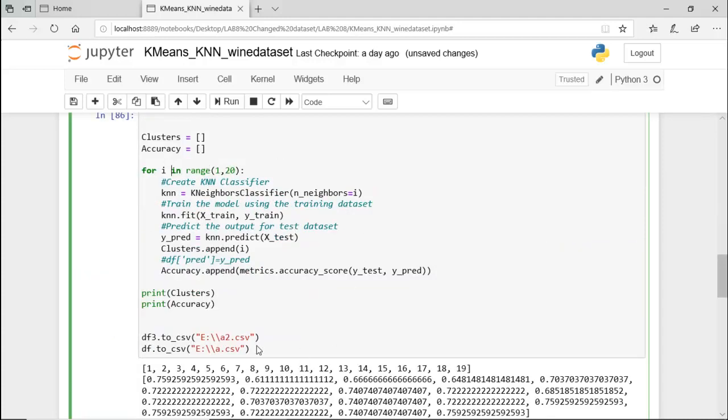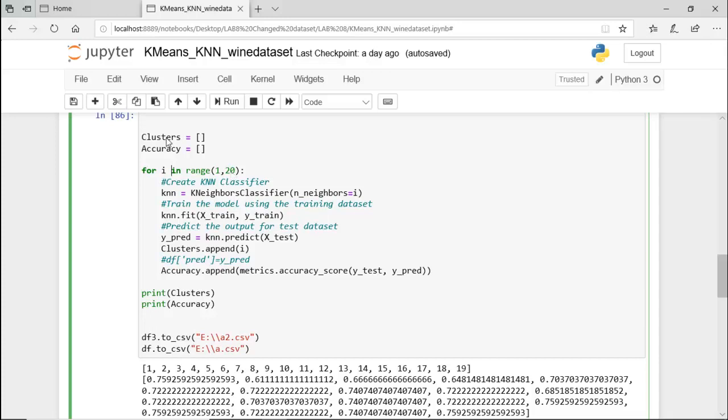This is the portion where we have trained the model using the KNN classifier, and then tried to predict the values also. And one more thing I did here is I am going to vary the value of k across a range, from 1 to 19, and for every value of k I am going to check the accuracy, so that we can plot a graph of the value of k along with the accuracy. Once it is plotted, it will be easier for us to find the optimal value of k. That's the reason behind this.